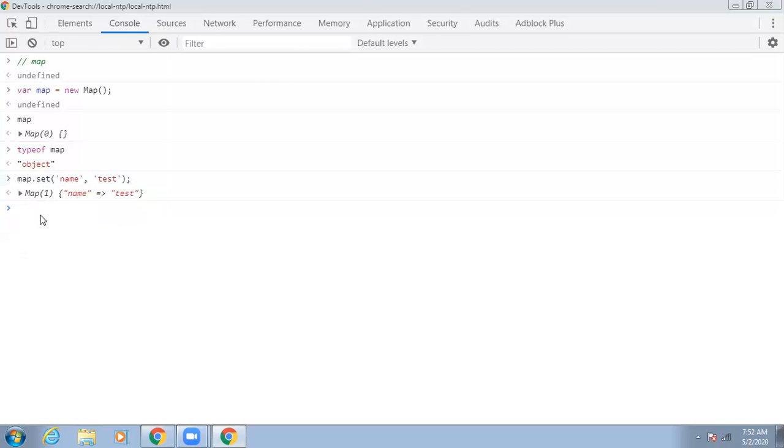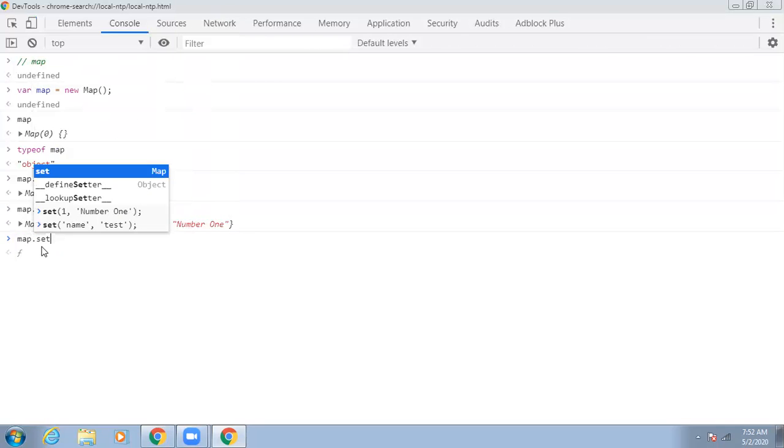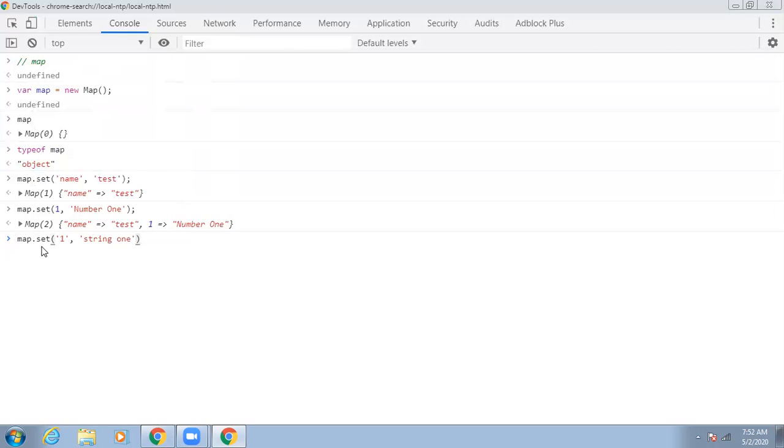Okay, let me add one more property, one. Okay, this is a number one. Okay, just for understanding purpose, I'm giving you. See, one is also added. Okay, I'm going to add string one. This is string one, right?